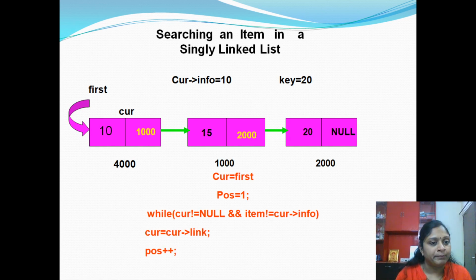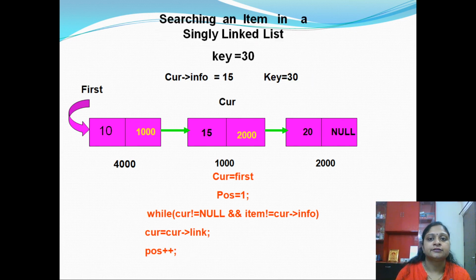So what I'll do, I'll compare this 20 with the first node. If these two values are not equal, then increment the pointer, again compare 15 with 20. Since 15 is not equal to 20, again increment the pointer. Again, the last node's data part is 20 and this is equal to my key value. So at that time I can print a message, element found at a particular position. So what is the position? Earlier my position was 1, then 2 and this becomes 3. So finally I can print a message, the element found at 3rd position. So this is how I can search the element in the linked list.